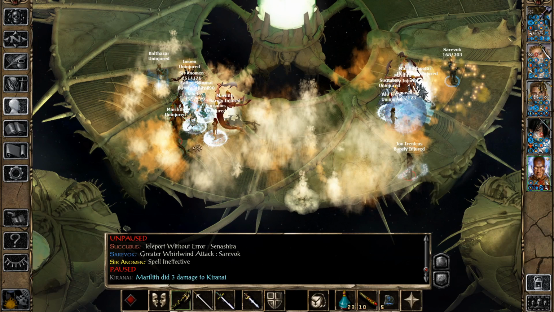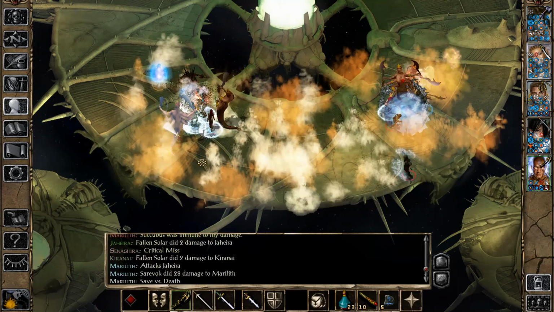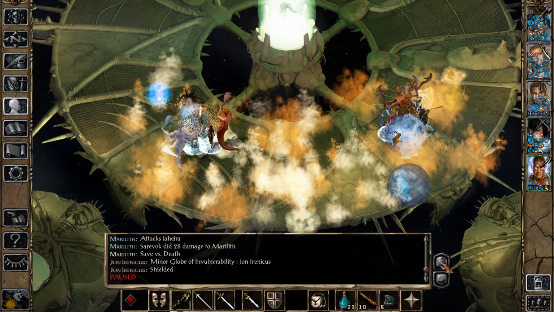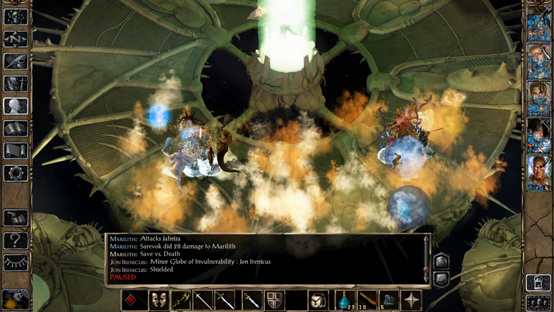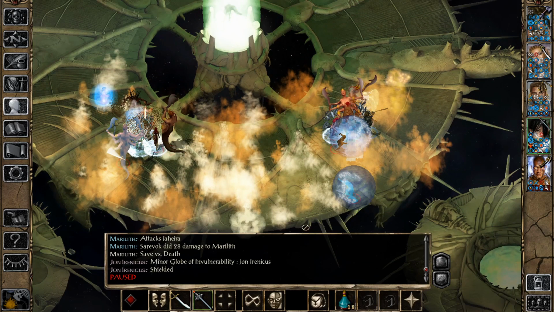Alright, and now our absolute priority is this fallen planetar, so we're going to see what's going on. Now this Creeping Doom unfortunately spread from Animan to all of our other party members, although I think this is not going to be that big of a deal for now. Also, on Kirinai we have...